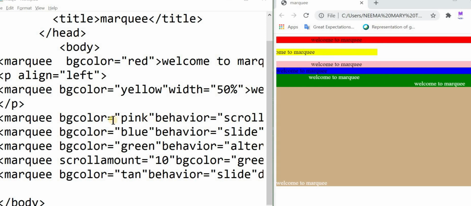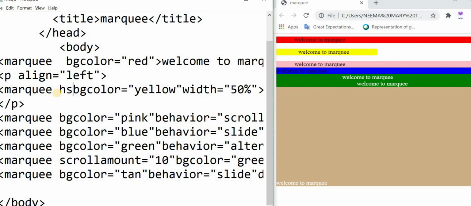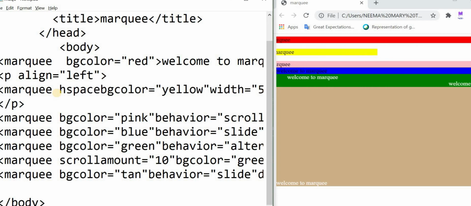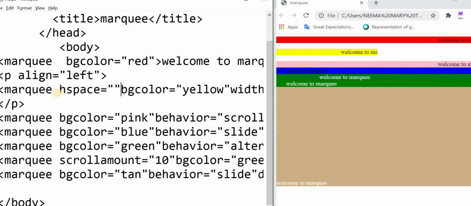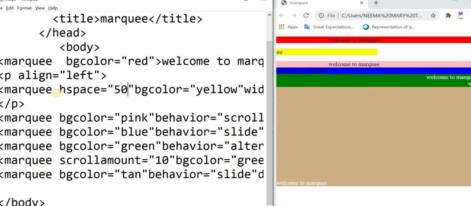Let's see that. For this marquee text I am giving H space, hspace equal to, in double quotes, 50 pixels. So let's save that file. And now look here, before this I gave no edge space for this marquee, so it is starting from here.